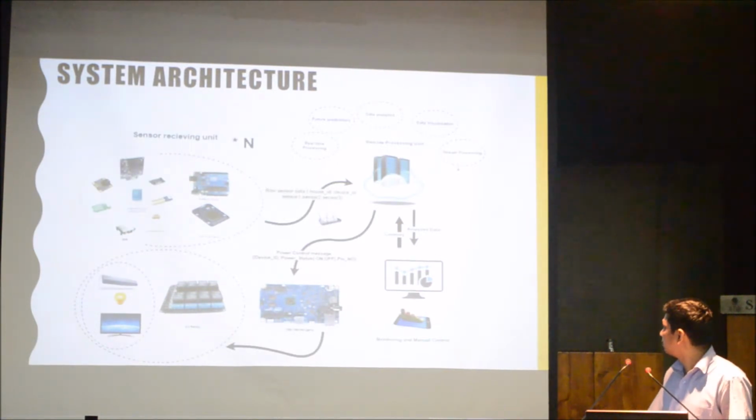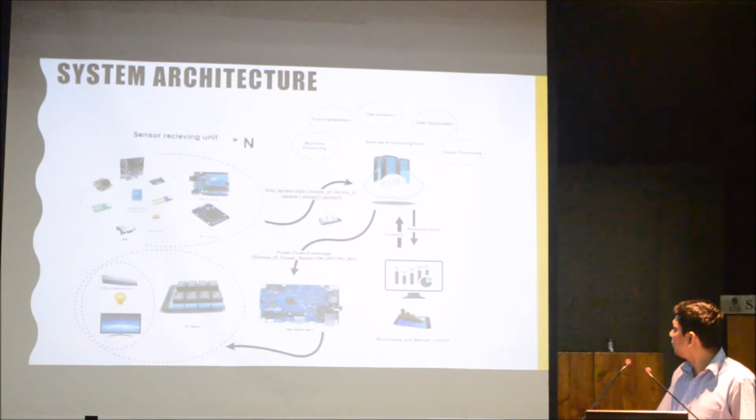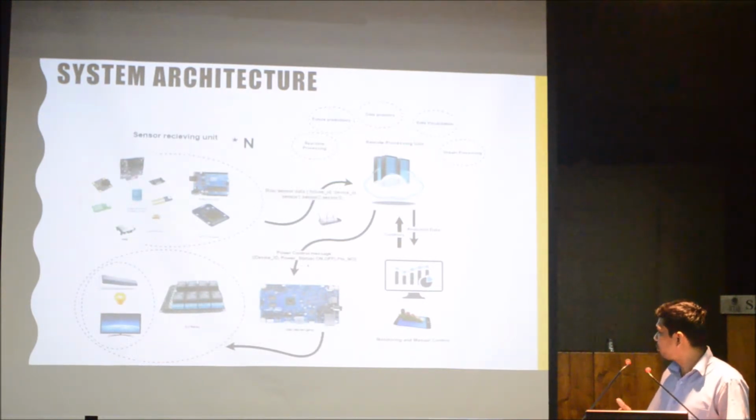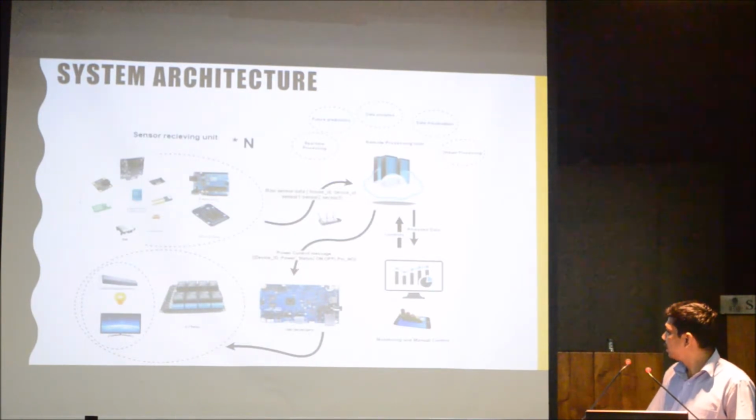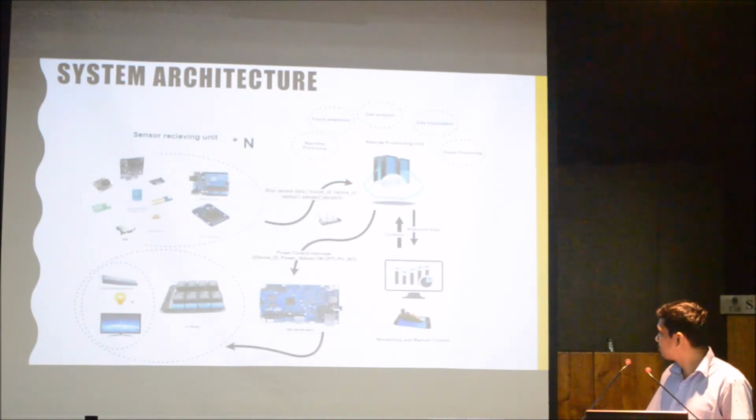There are several components there. So according to the sensor details, from the remote processing unit, we are sending the control message to the Galileo board. The control message will contain the device ID, the power status, which is whether the switch should be on or off, and the pin number. And according to the message, it will control the relay. Then the relay will switch the device on or off.